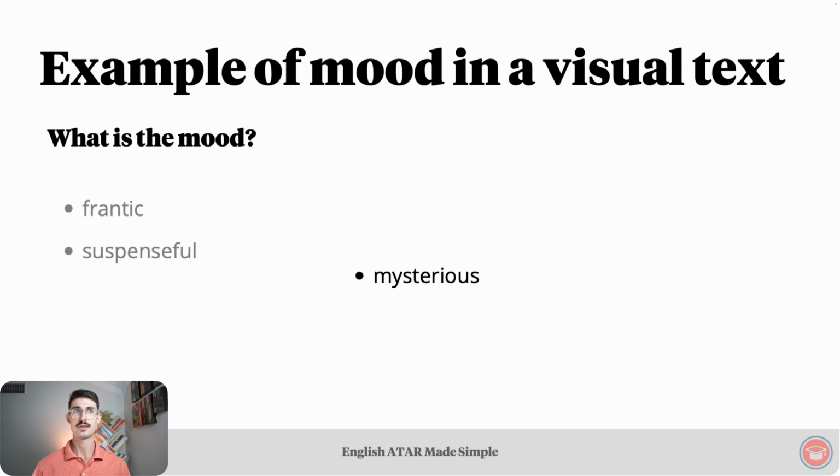And this is created through the harsh backlighting, which has the effect of shadowing the murderer's face. You could argue the mood is sinister, meaning something harmful is about to happen. And this manifests in the scene when we see the outline of the killer's body through the shower curtains. Lastly, we could say the mood is panicked, meaning there's a sudden uncontrollable fear or anxiety. One of the main features that establish this panicked mood is the screeching violins that play while the killer is attacking the woman. How about mood in written texts?